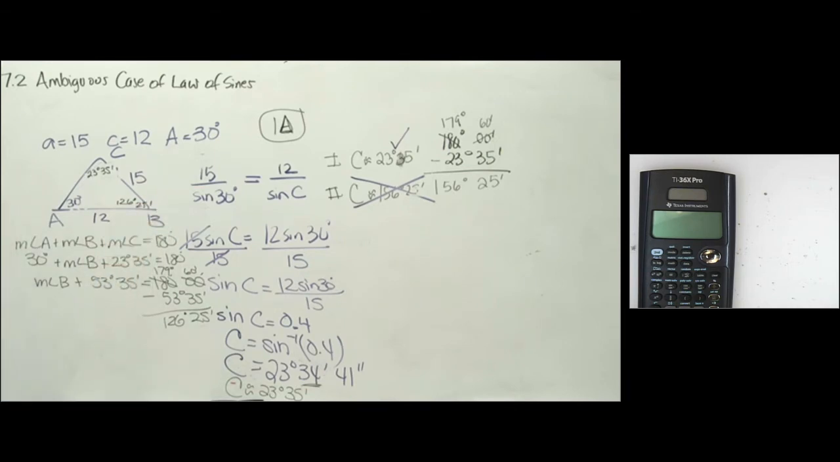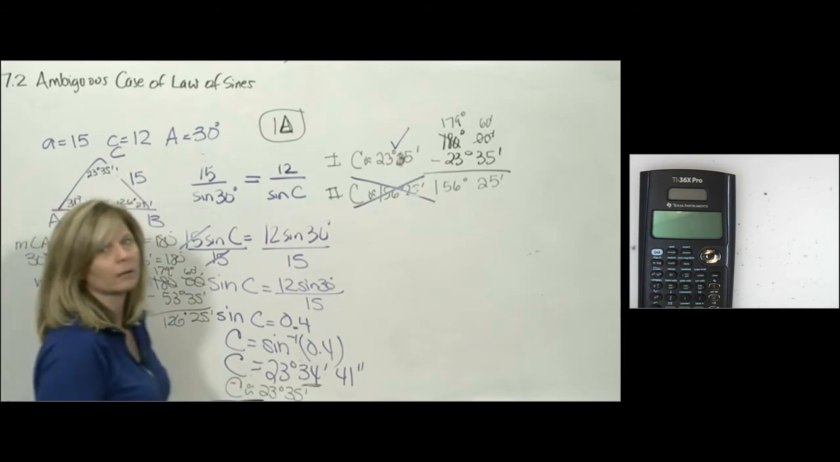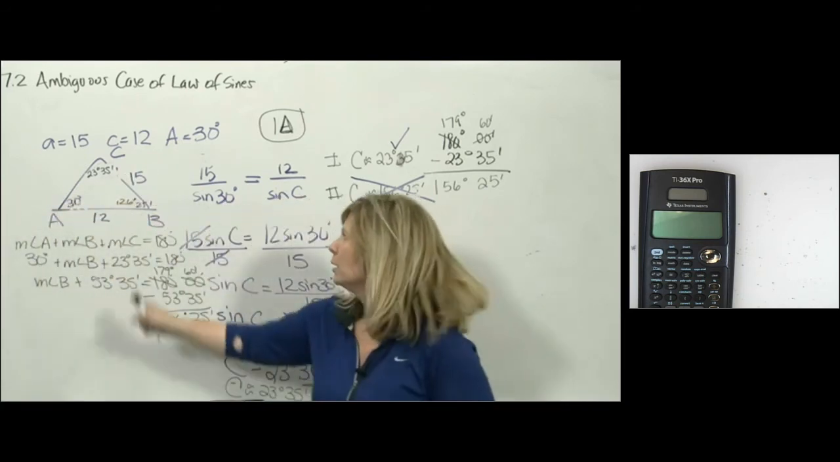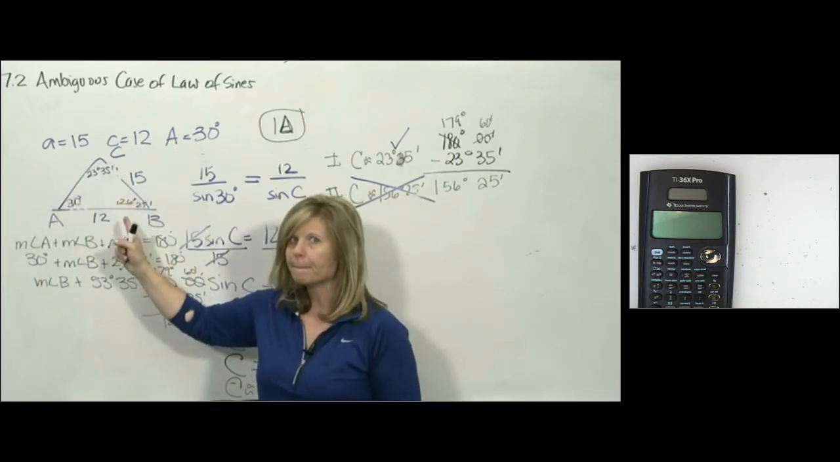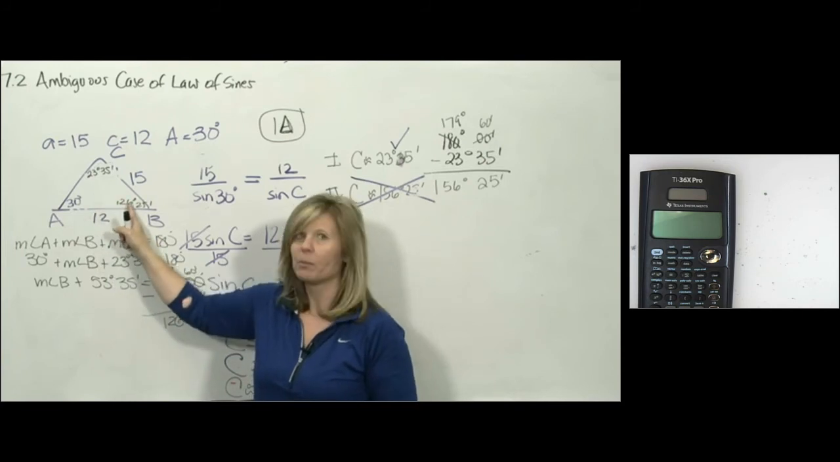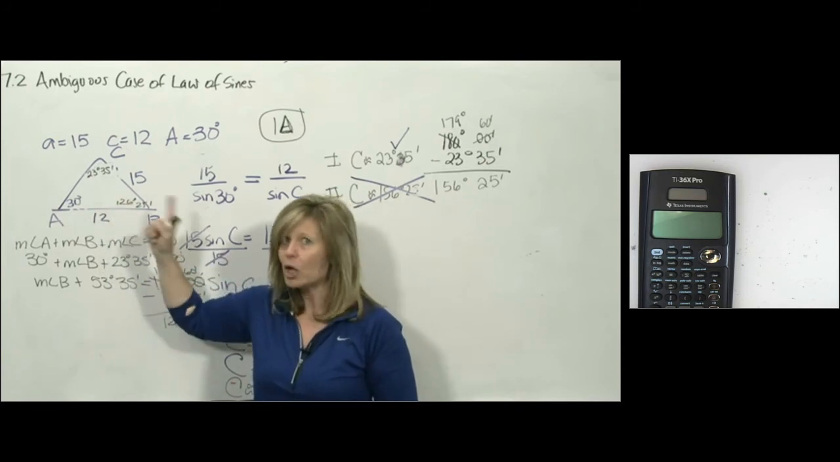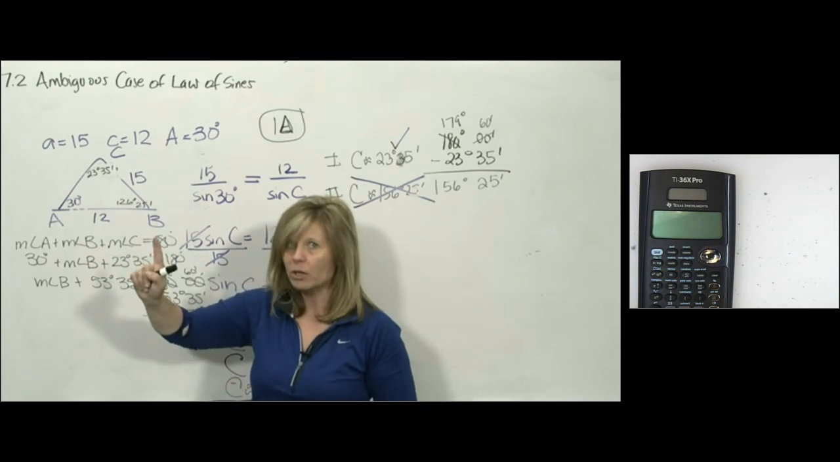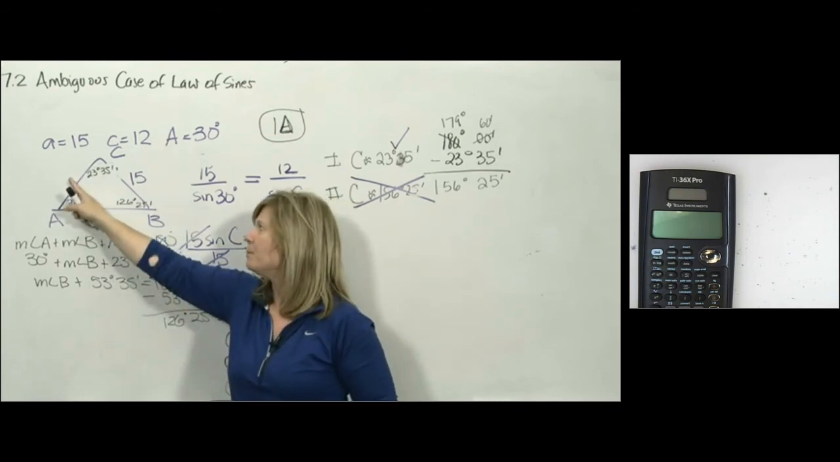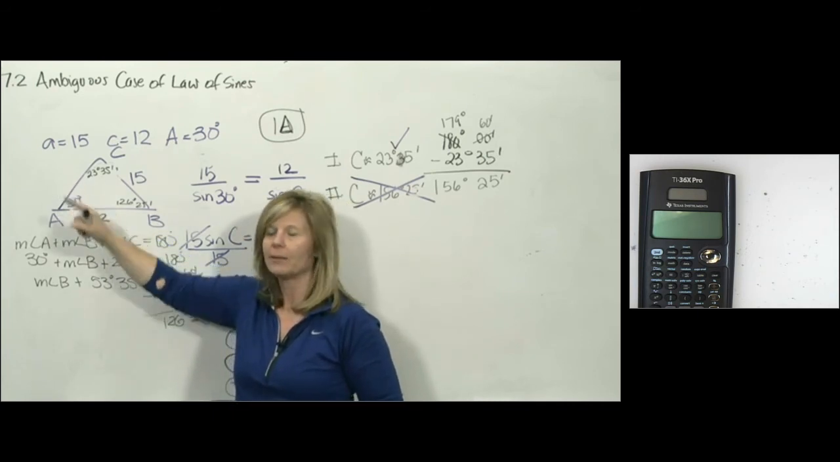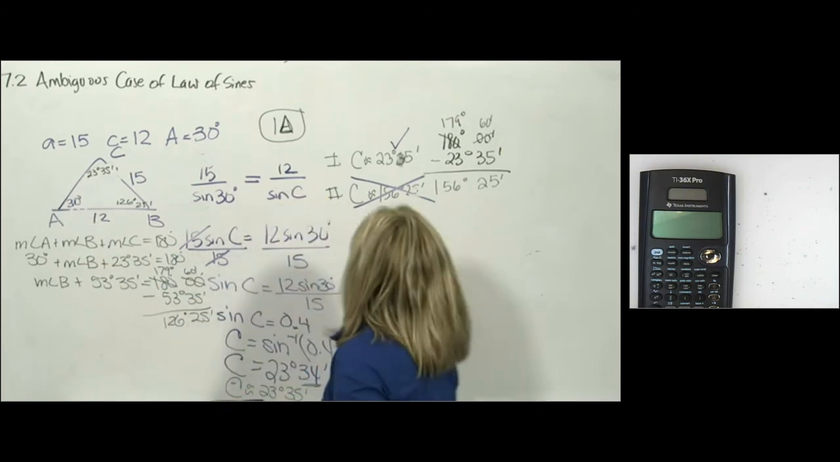Everybody's good? What's left to solve for? We've got to get side B. Oh, that's easy. We'll just do a squared plus b squared equals c squared. No. What kind of triangle is that? Well, it's obtuse because we have an angle bigger than 90. This is not right. No Pythagorean theorem, no SOHCAHTOA. The only way to find side B is to do law of sines again. When we do law of sines again,